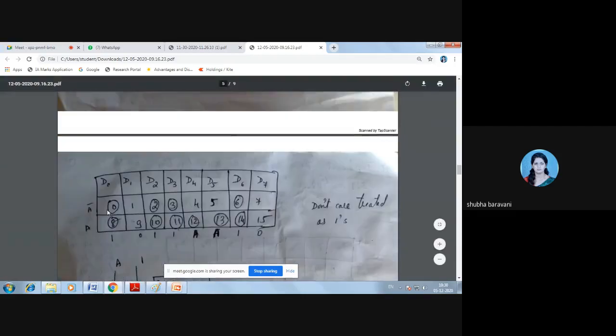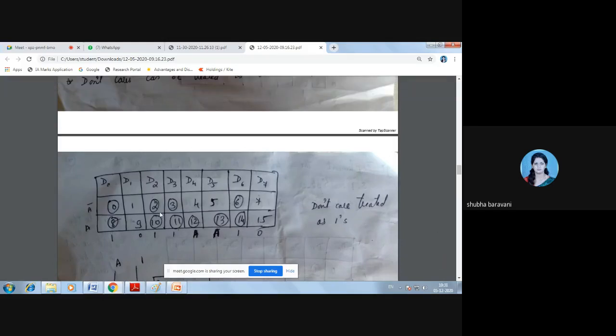उसको circle करती हूँ. See, 0 I'll circle. Okay, 0 is given. Then what all is given? 2 is given. So 2 को circle किया. 0, 2. 6 को circle किया.